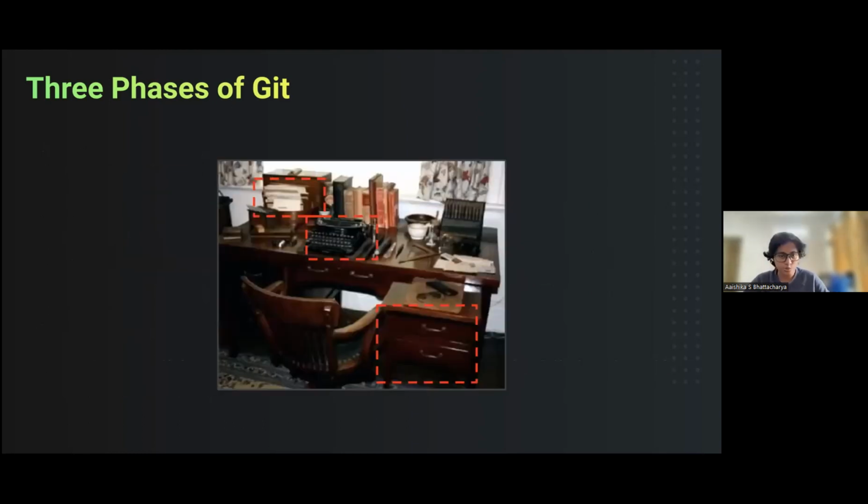If I were to represent it visually, take into consideration this image of a typewriter, a sort of a desk where you can store all the things that you have already written, and a drawer where you store the files that you're happy with. So the typewriter here would be the working directory where you're going to write all the things that you want to. Again, the staging area is going to be the place where you keep all the documents ready. And once you're happy with all the things that you have written, all the things that you have staged, you move them to the drawer, which would be the repository to be accessed by other people whenever they want to.